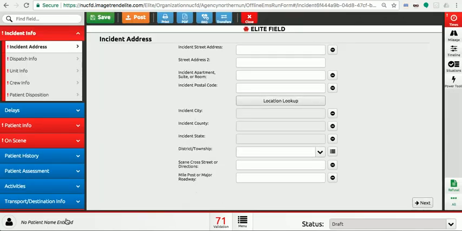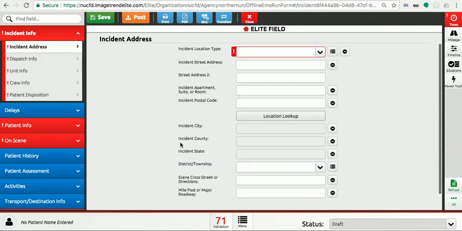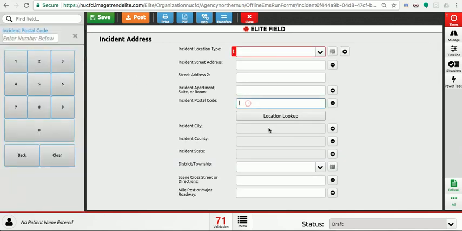Patient name will go down here. So what's good, I'll go through some of these different tabs with you. Obviously, incident address. The nice thing about it is when you click postal code, so if you enter Richwood's postal code